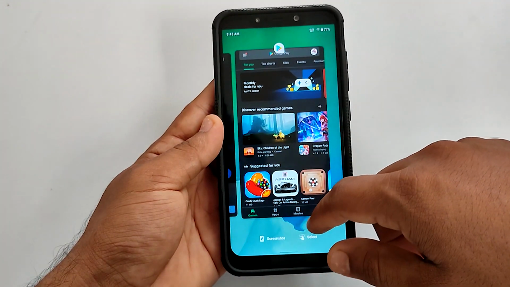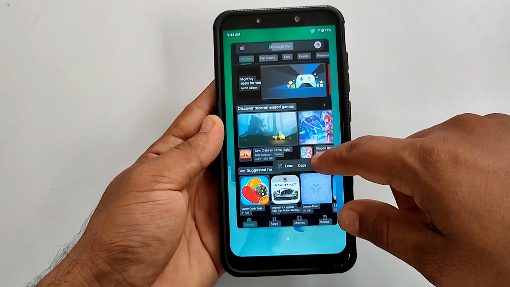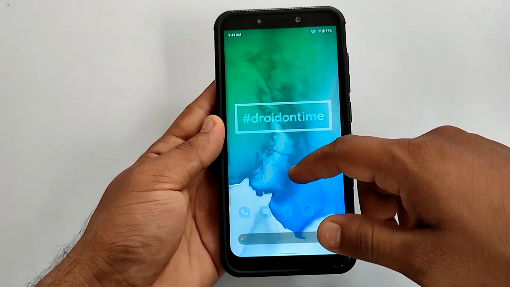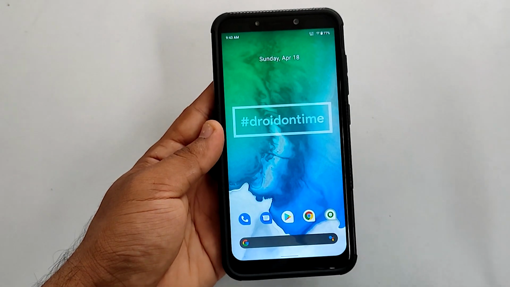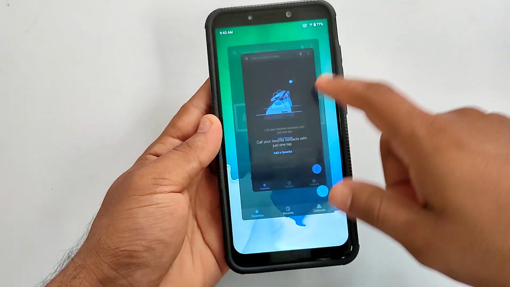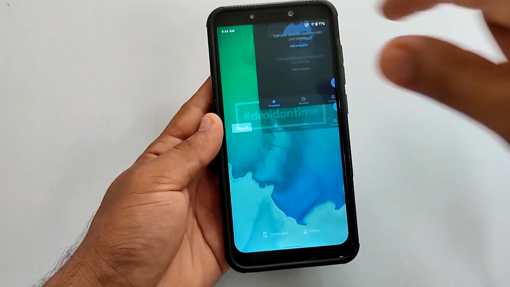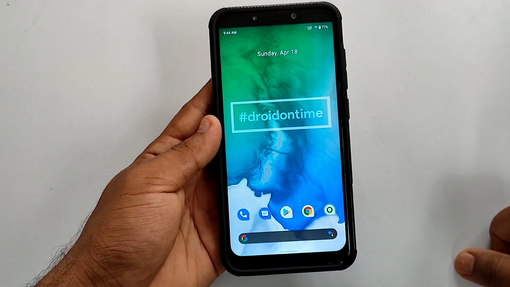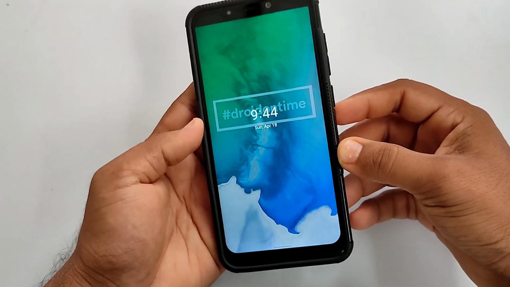The ROM has Open Camera as the default application. You can use Gcam if you want to. Overall, a great daily driver for Poco F1, whether it is design wise or stability wise. Very minor bugs, which are not that serious, can be ignored. Great job, developers. I'll be making a performance and gaming review of this ROM in the next video, so wait for it.